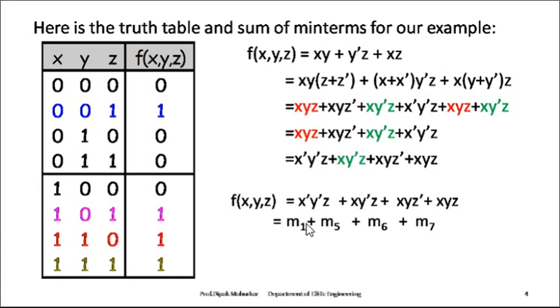SOP form. You can also write these as M1. This is nothing but 0 0 1 0, then M6 and M7. These are the terms of representation. This is nothing but your function representation in the min terms. If you write 0 0 0 1, it is 1, the decimal equivalent is 1, and in min terms we can write it as M1. Here is M5, M6 and M7, like this we are mapping. Then see now,